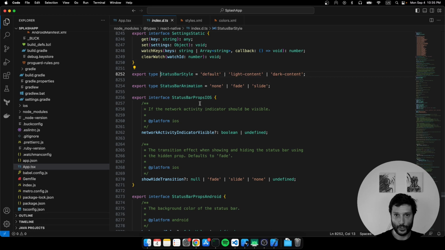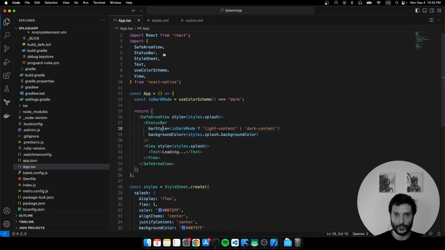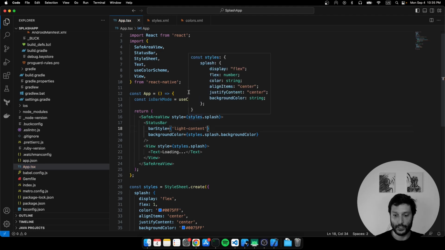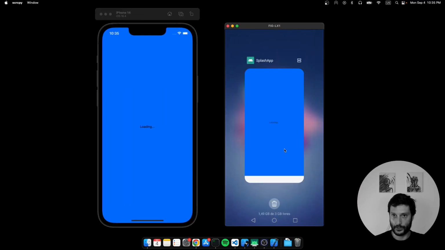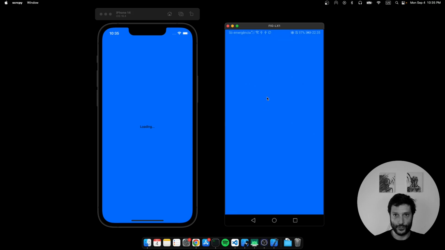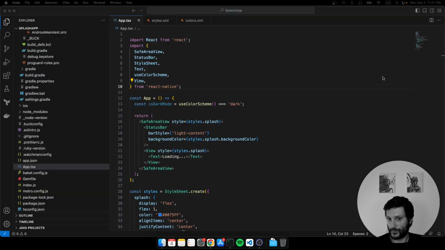Okay, so I guess we want it darker. No, yeah, you want it just maybe light content at least, and then you match it, right? So let's see. So now, yeah, I think that's it. So of course you can also, yes, so white, blue, and then you go to loading white. Oh, perfect. So with this you can have a simple splash screen, the native one with a color that you